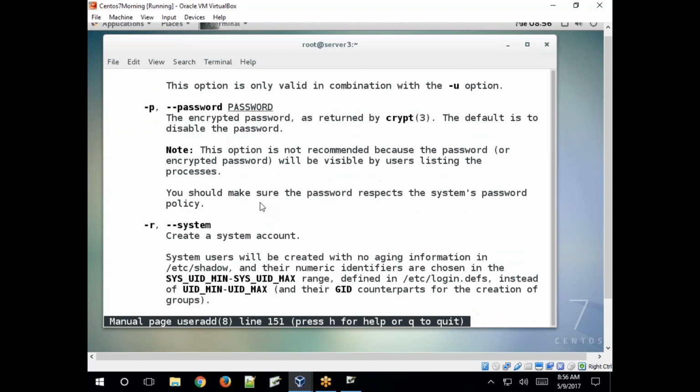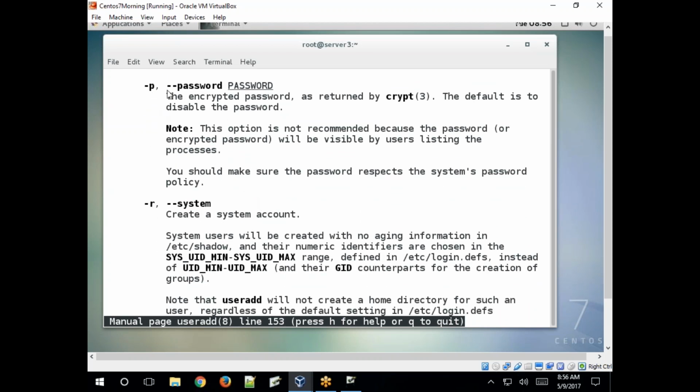See, -p also is there. Create a user with plain text password, -p, just to specify the password. The password will be stored in the shadow file in plain text, readable format. So if you want to store the password in readable format, just use useradd -p password, then username. Then that password will be created. User will be created. Password will be stored in plain text format, not in encrypted format. Now any user can read that password. Okay,